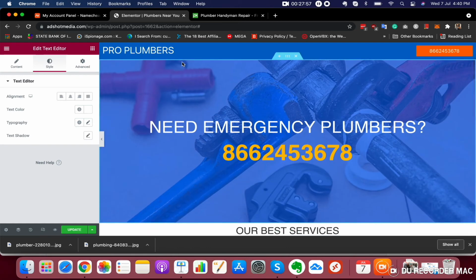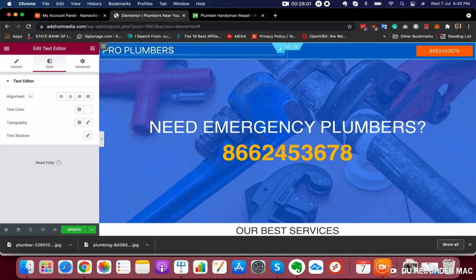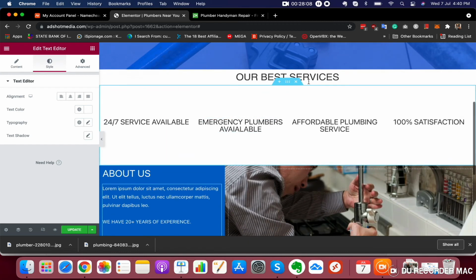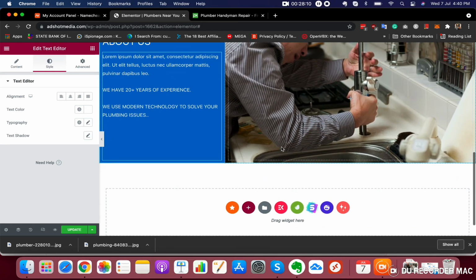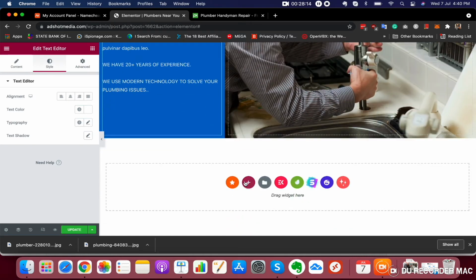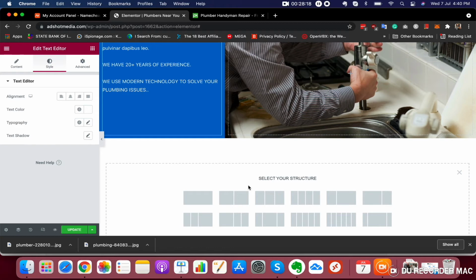We have our heading, our company name, call to action button here, a good heading with call to action, services, about us page with text and image. And now let's create the final section where we will create the contact section, right?